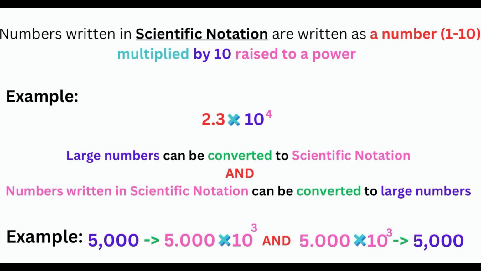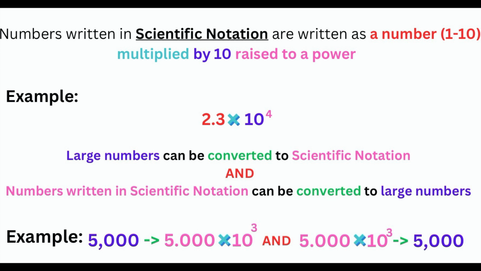Alright, so today's lesson is on scientific notation. Numbers written in scientific notation are written as a number, any number from 1 to 10, multiplied by 10 raised to a power. So for example, we have the scientific notation 2.3 times 10 raised to the power of 4. Now, large numbers can be converted to scientific notation, and numbers written in scientific notation can be converted to large